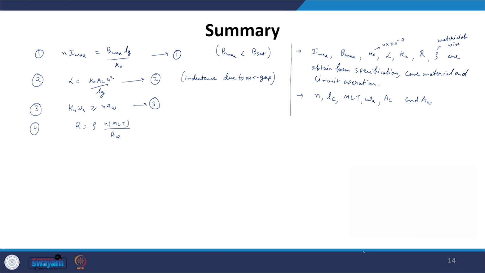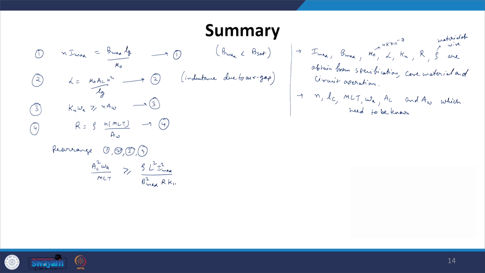So, these are the things which need to be known, these are unknowns and we have to somehow know them. So, what we can do is rearrange. Let us define this as equation number 4. We can rearrange equations number 1, 2, 3, 4 and we will get a relationship which is nothing but Ac² Wa divided by MLT has to be greater than rho L² I² Imax divided by Bmax²